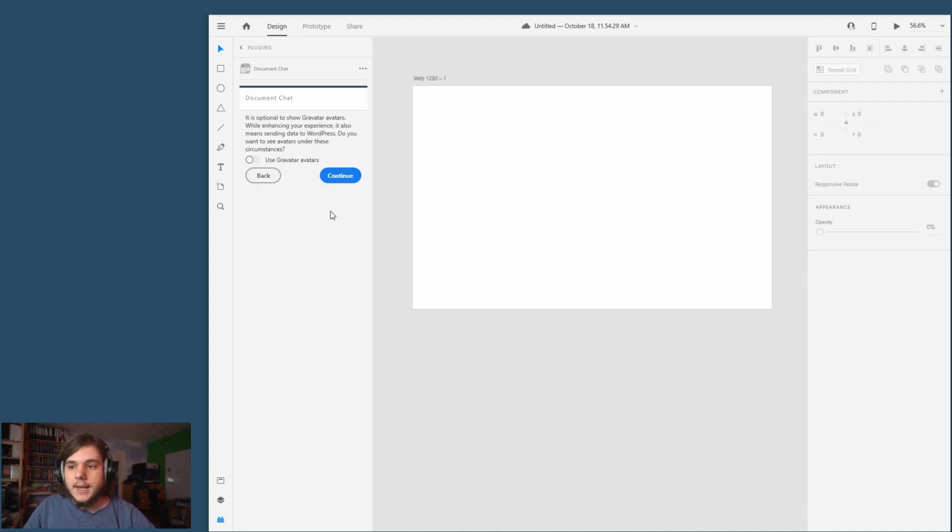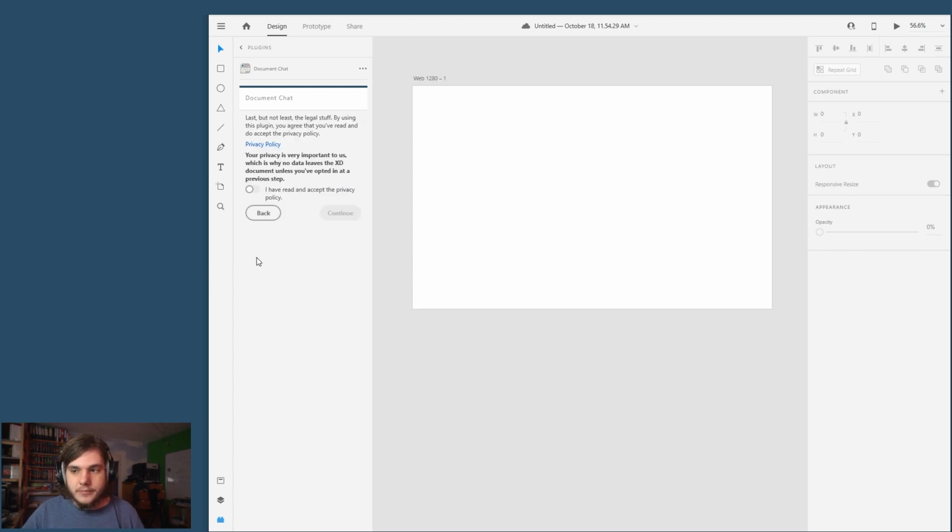Next, we can choose whether or not we want to enable using these Gravatar avatars. If we choose to use them, some network requests get sent to this external service, Gravatar, to download these profile pictures. This is maybe a privacy concern for you, so you can just leave this unchecked and no data will ever leave this system itself, so no network requests get taken at all. But if you choose to opt in, you can simply do so and see nice profile pictures of your coworkers. I'll opt out for now and later show how it looks when I'm opted in.